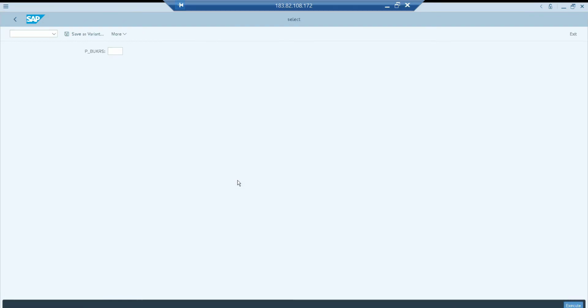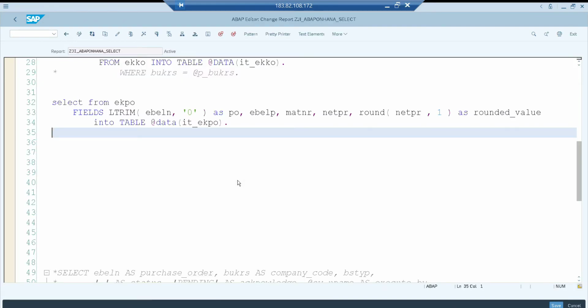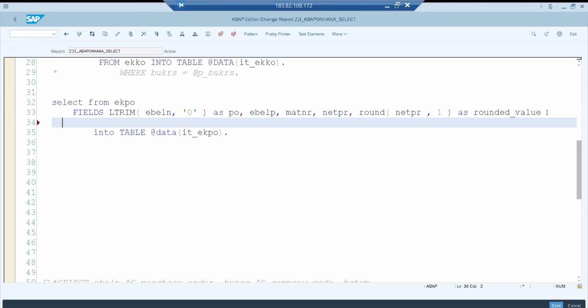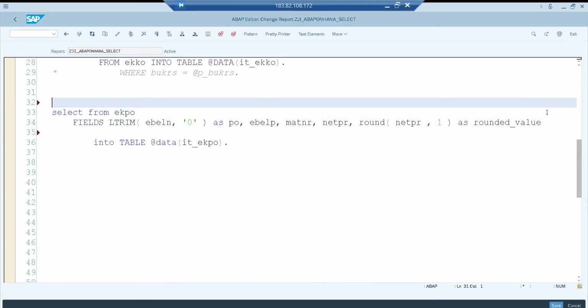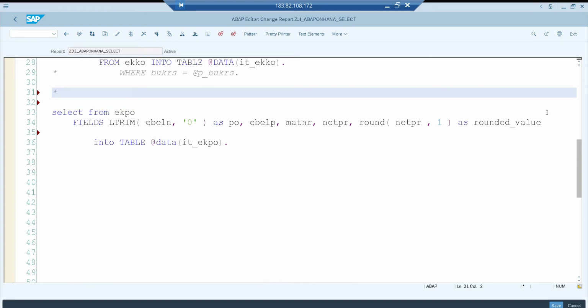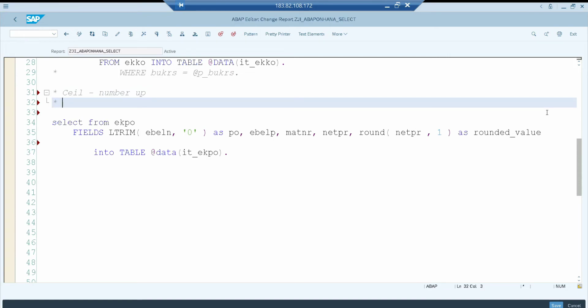So these are the options I'm showing us. We have a lot of functions available, so try to make use of them. Whenever there is a requirement, try to find out if there is any function available as per your version. And the next one is ceiling and floor. Normally you know about ceiling and floor, these are normal mathematical operations, right? So ceiling is nothing but it takes one value up for any float. So here it goes a number up from the float value, and if it is floor it just goes a number down